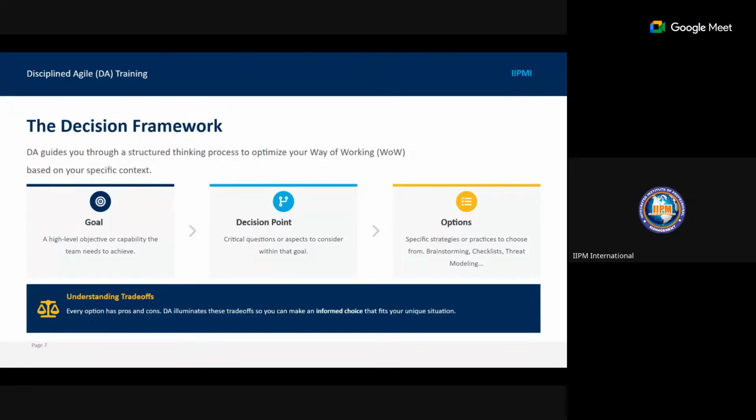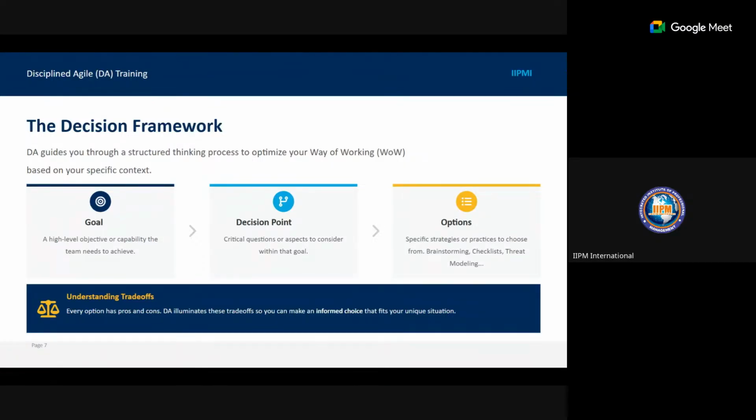In Scrum, you hear things like definition of done. And in Disciplined Agile, you hear more of iteration and your way of working. And this decision framework comprises the goal, decision point, and the options available that you can choose from. Now, the goal is a high-level objective or capability the team needs to achieve.